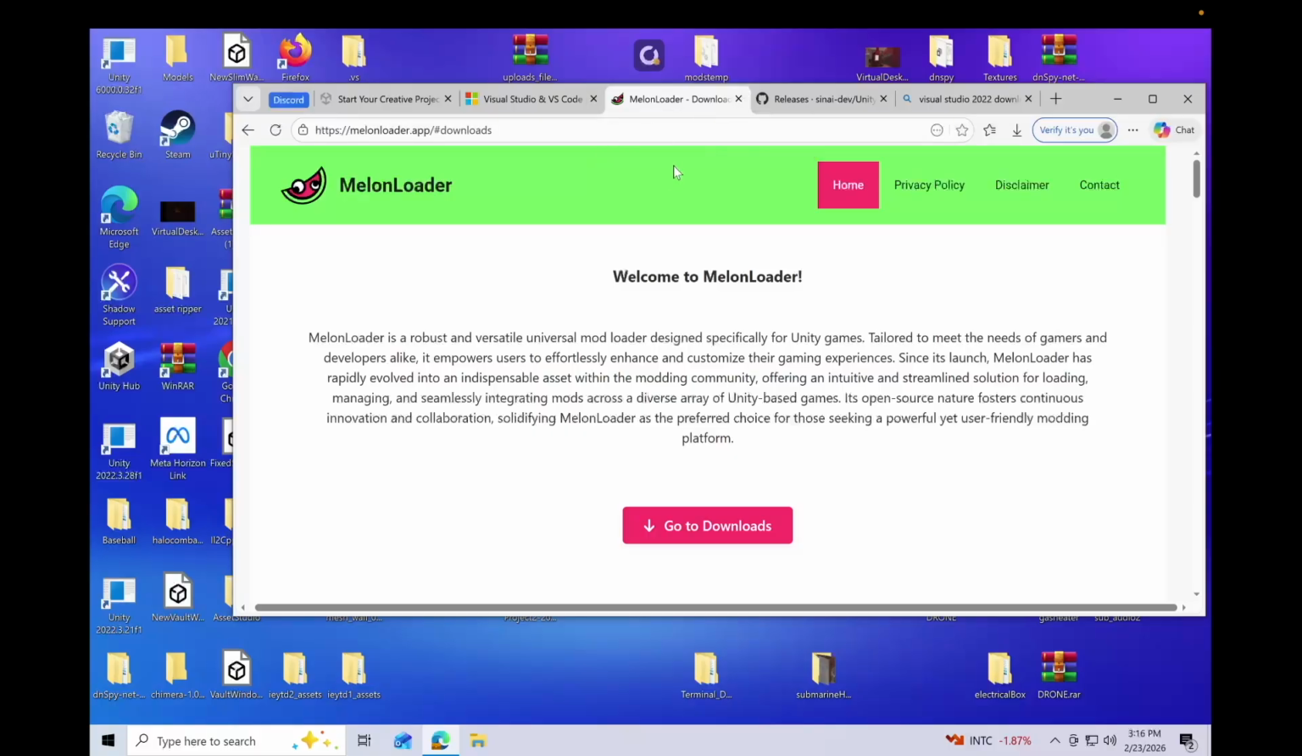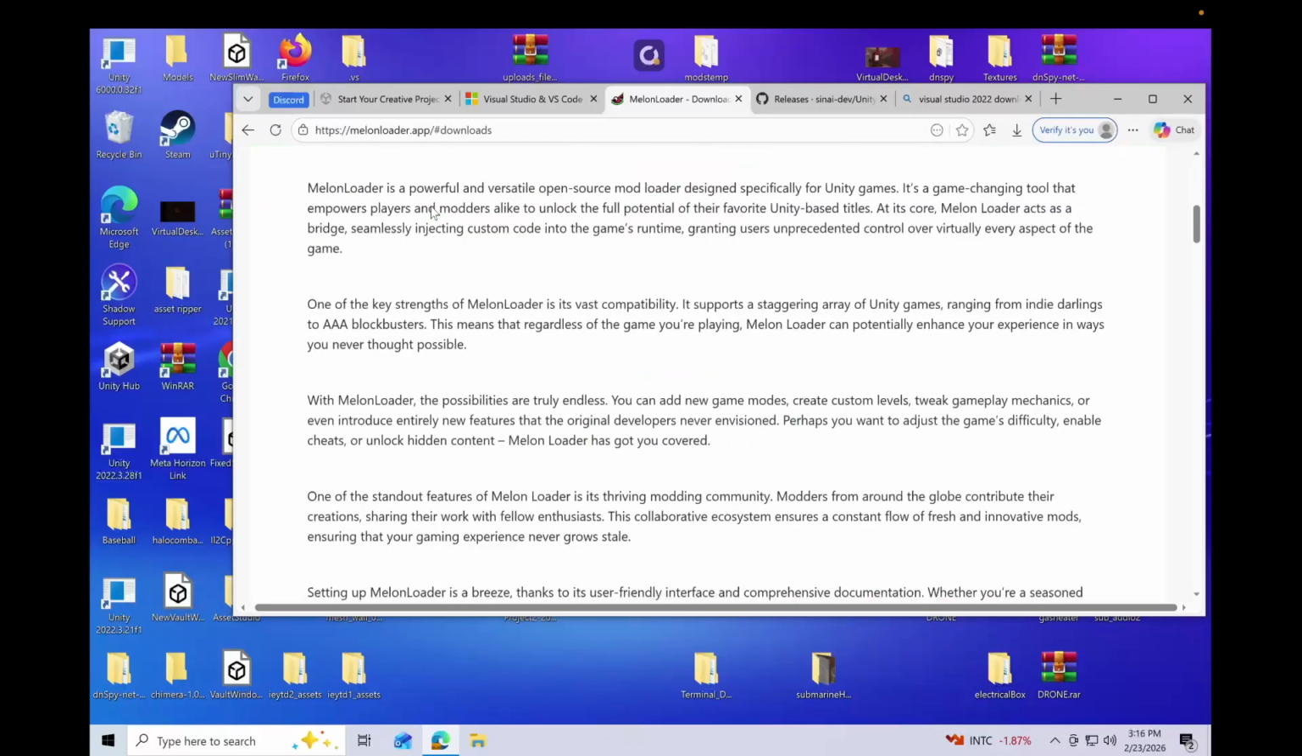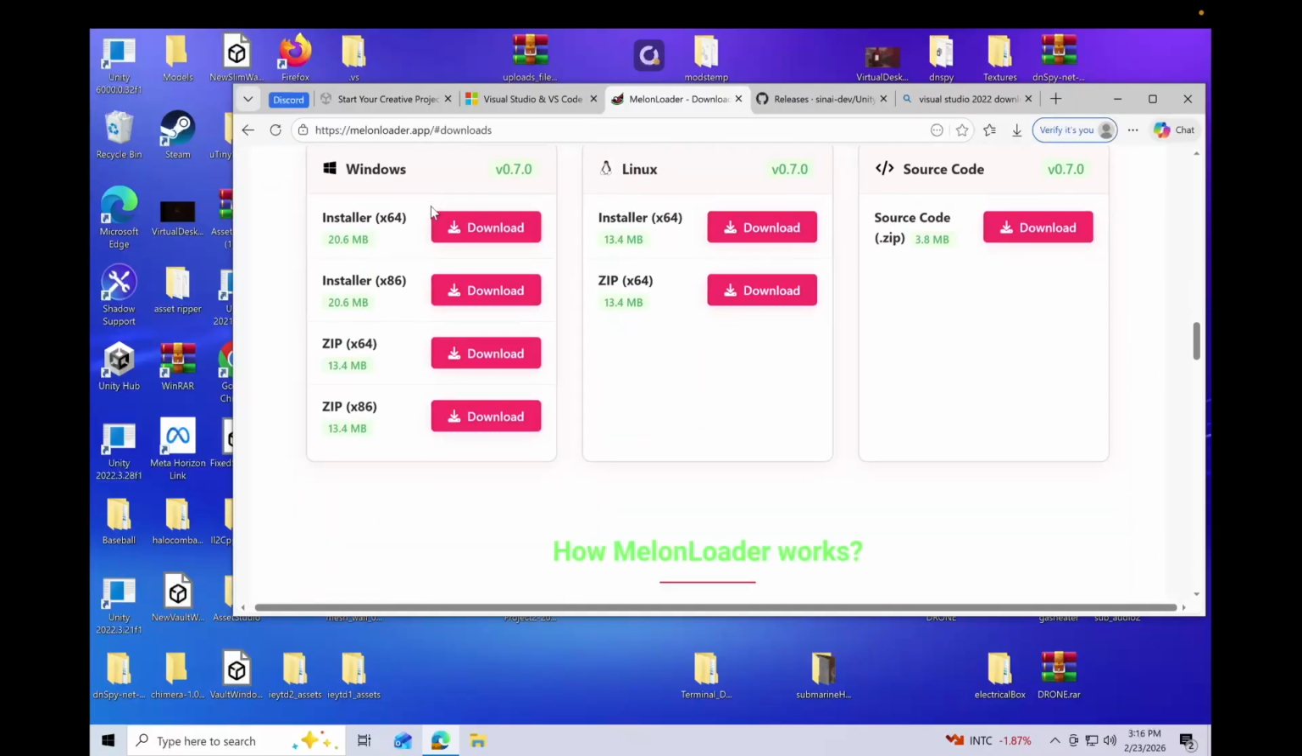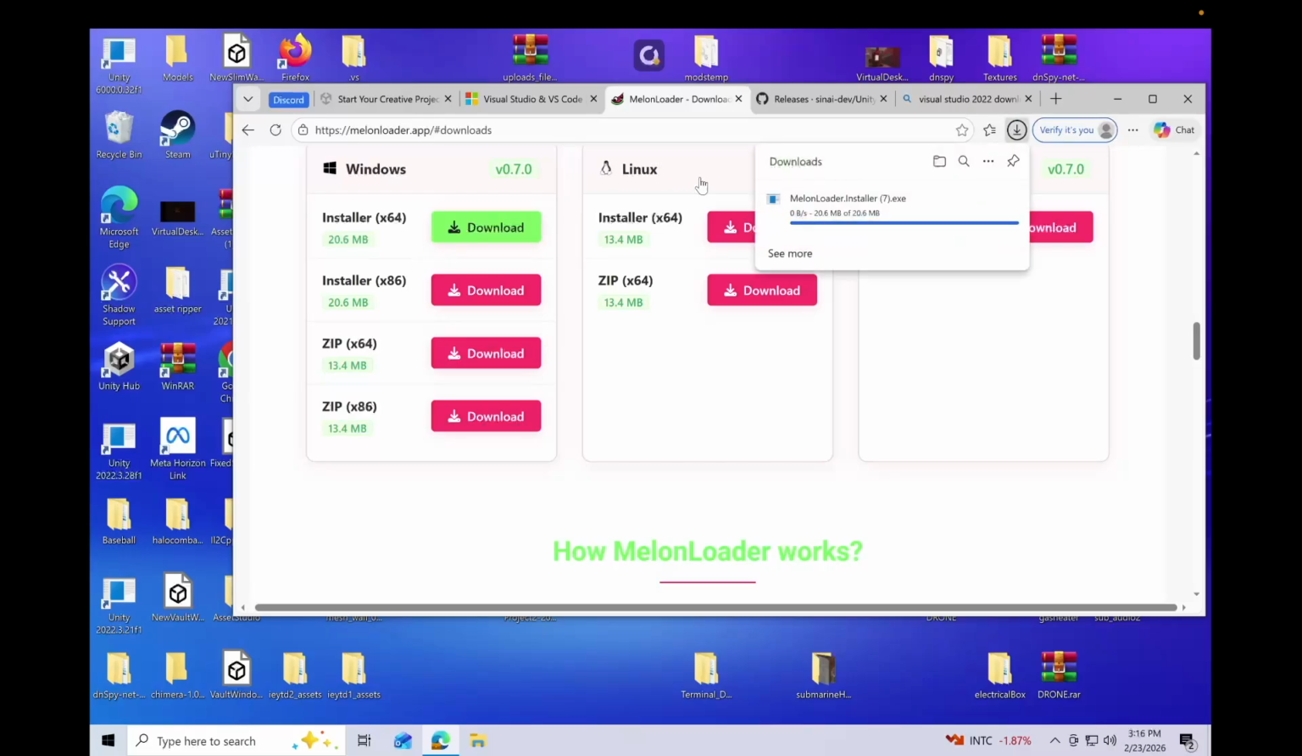The first is called Melon Loader, and this is what's going to let you hook your code into the game and mod it. So go to this website. I have all the links in the description. Go to this website and scroll all the way down to the downloads, and right here just install it for your machine. So I'm clicking that, open file,